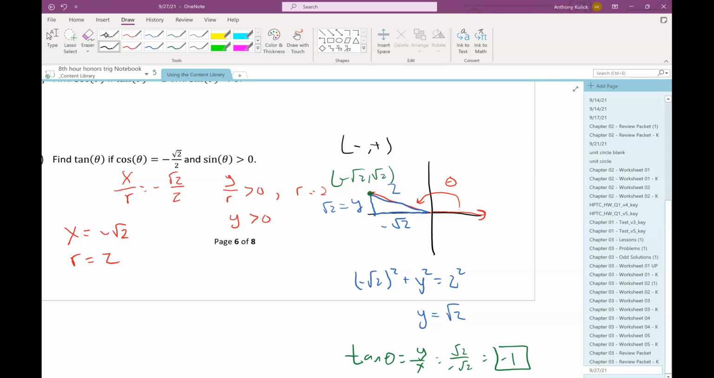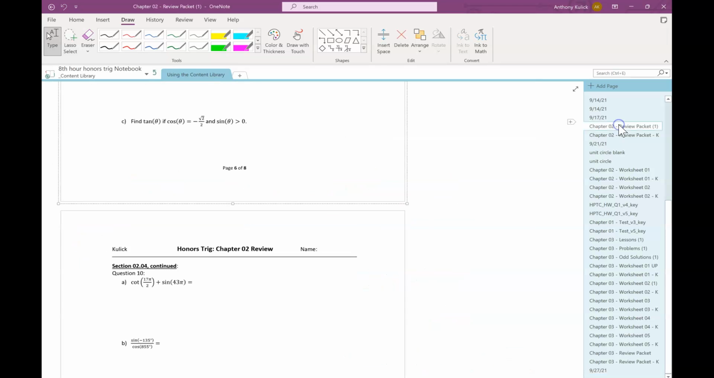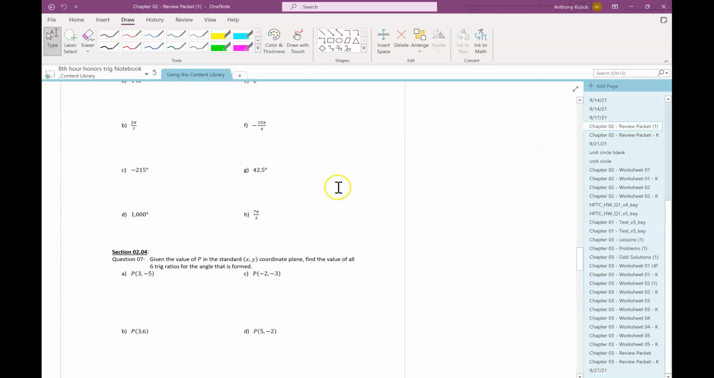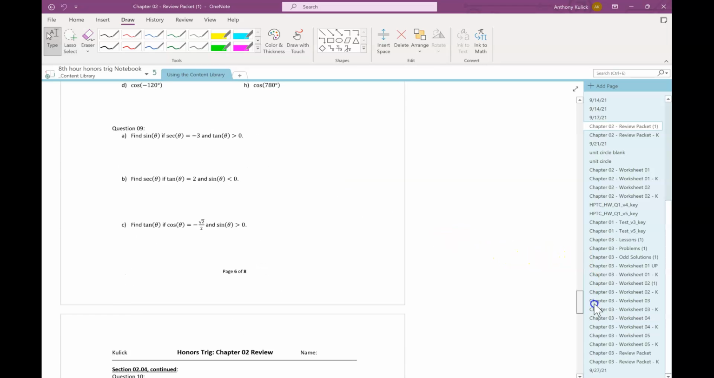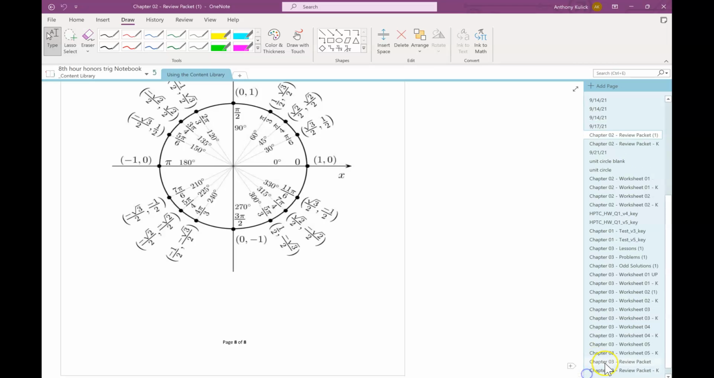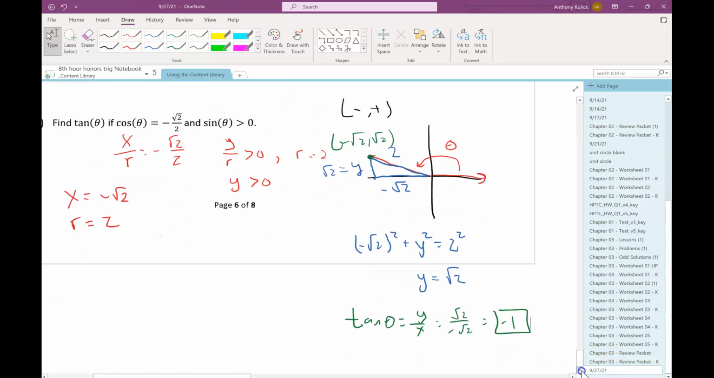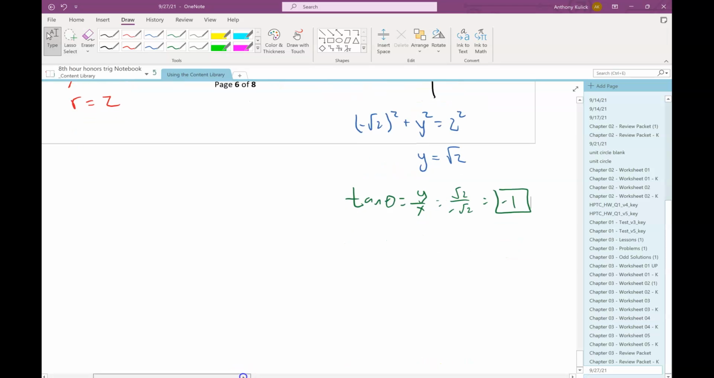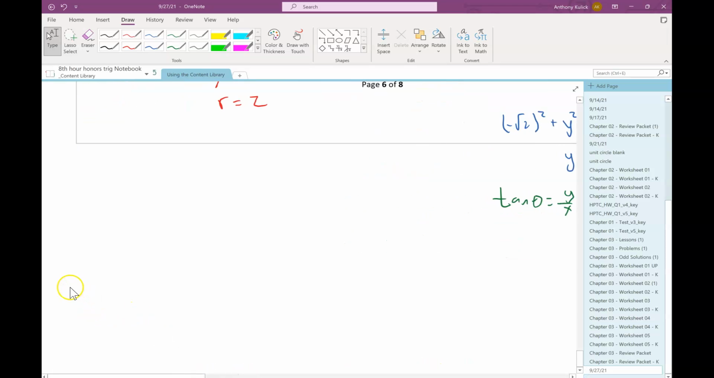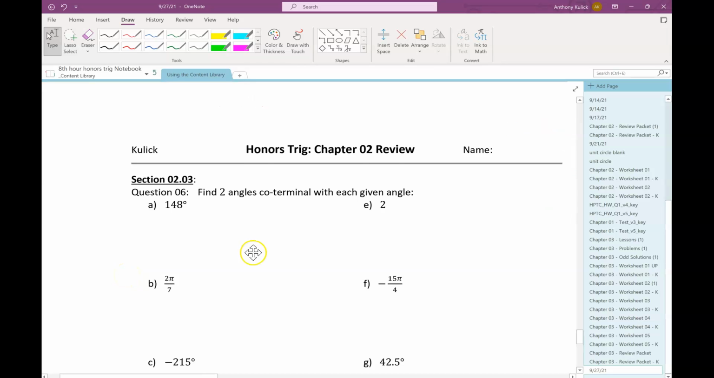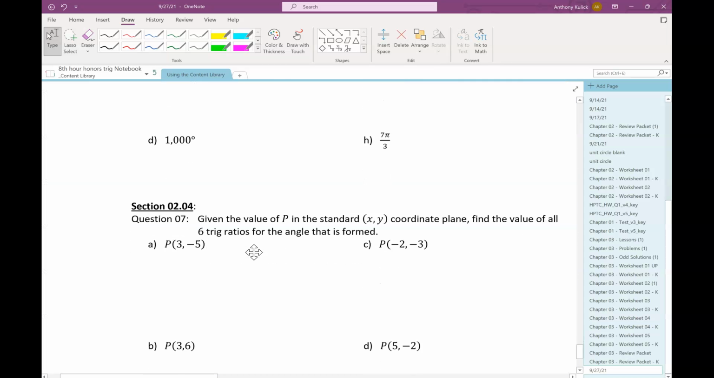Question 6. D. From the review? Yeah. What page is that on? 5. Okay. Don't think I have this page yet. What am I doing here? So you said question